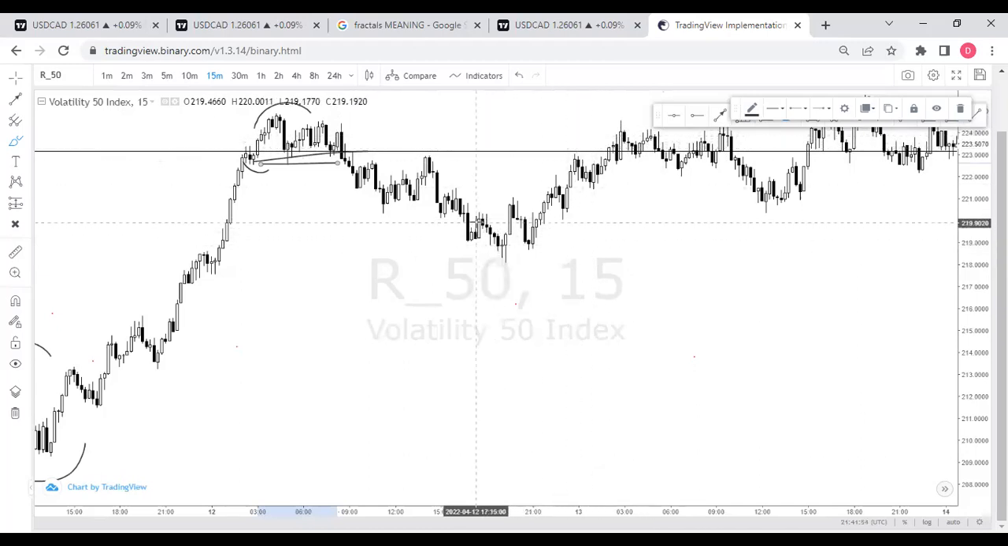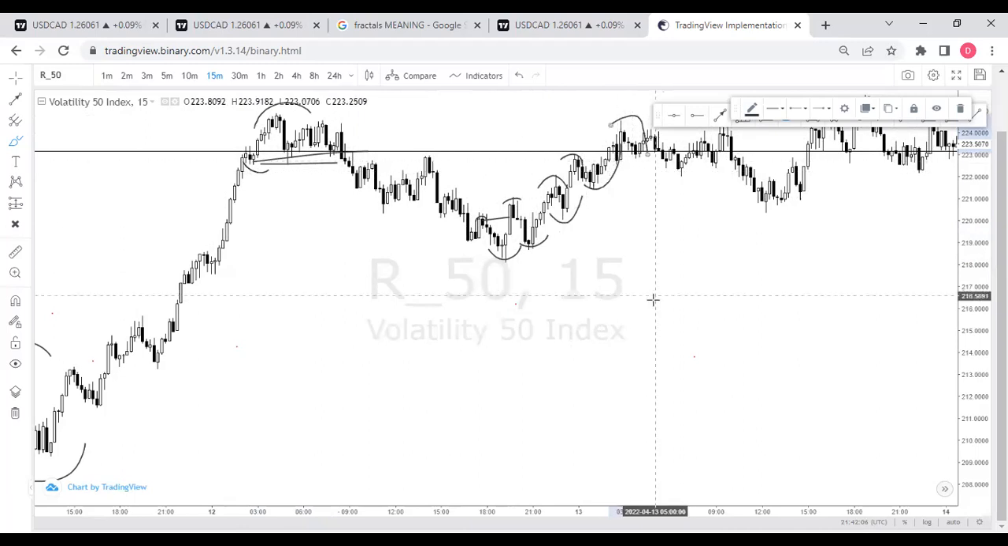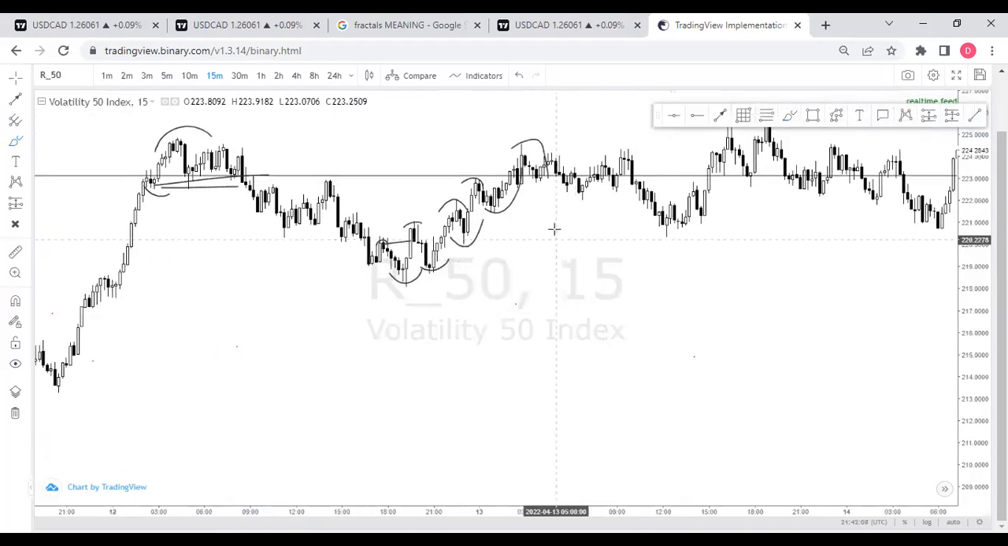Can you see that bullish structure again? Lower high, lower low, price broke structure. Higher high, higher low, higher high, higher low, higher high, higher low, higher high. And then what? It just continued that way. Okay. So